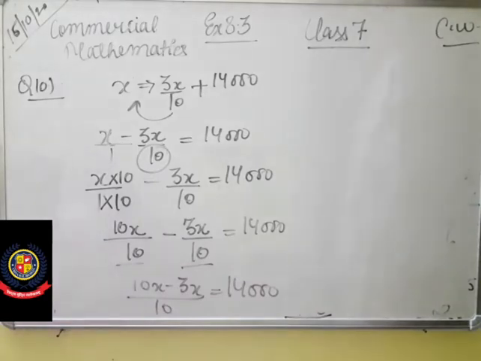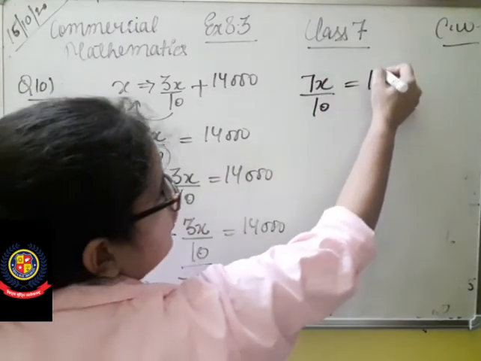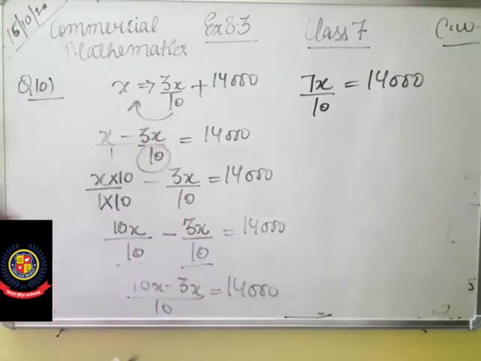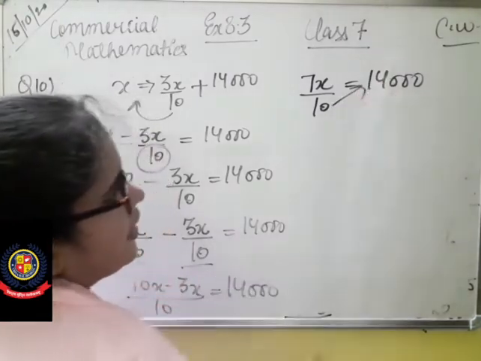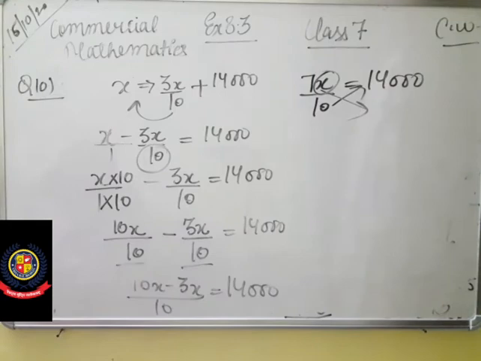So 10x minus 3x will give you how much? 10x minus 3x करोगे तो आपको क्या मिलेगा? 7x मिलेगा। 7x by 10 is equals to 14,000. So now same what we are going to do, we are going to cross multiply 10 over here and 7 over here, because हमें x की वैल्यू चाहिए तो हम x को डिनोमिनेटर में नहीं लाएंगे।